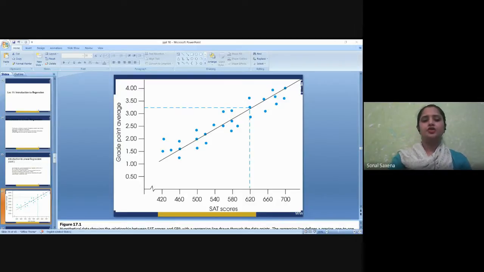Now, this relationship represents how an input variable is related to the output variable and how it is represented by a straight line. To understand this concept, let us have a look at the scatter plot. It is a graph which provides a graphical representation of the relationship of the two continuous variables. Here you can see these are the scattered points.